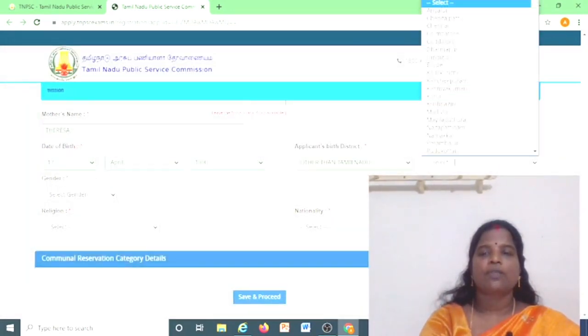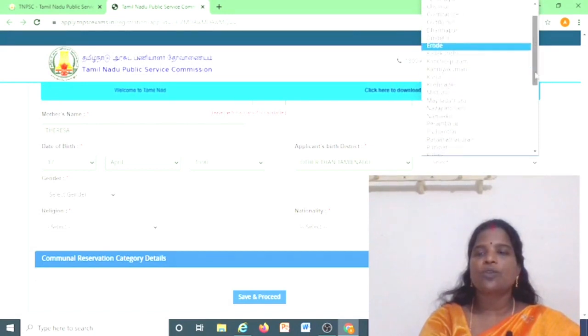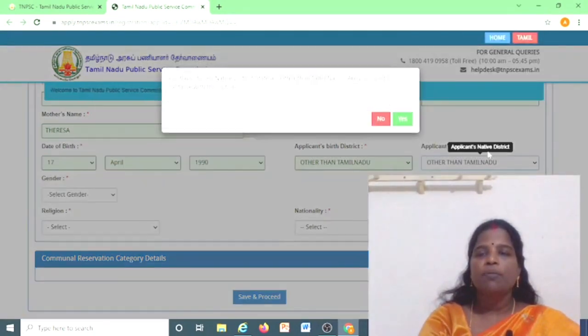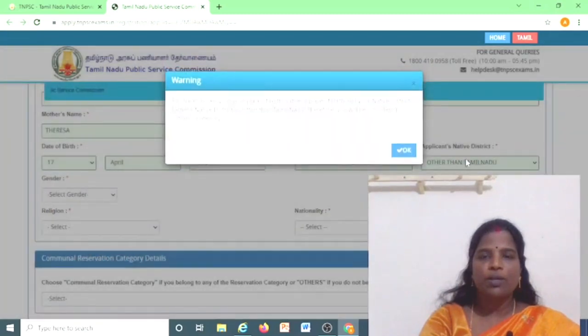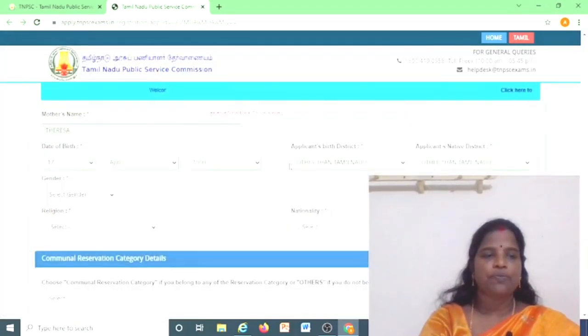Applicant's birth district also I selected other than Tamil Nadu, because I do not belong to Tamil Nadu. I was not born in Tamil Nadu.